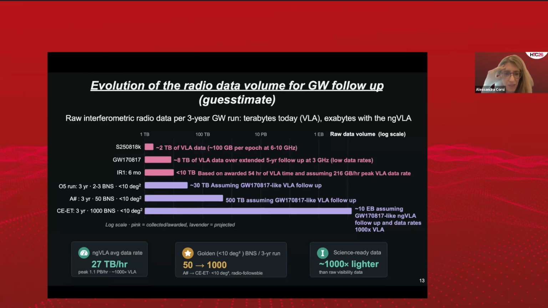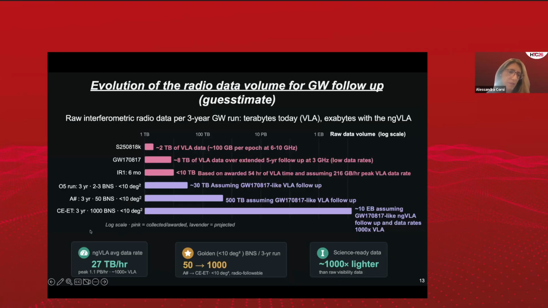Doing that exercise, as you can see from this plot, there's a huge increase with 40-kilometer-long ground-based detectors in the number of binary neutron star mergers that we expect to detect, even if you select the very special ones with awesome localization, within 10 square degrees in the sky.